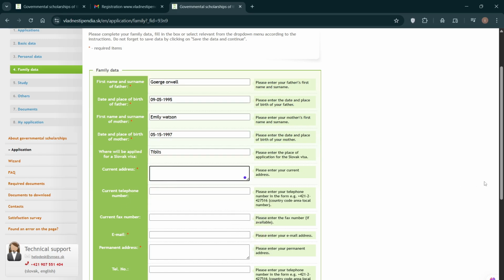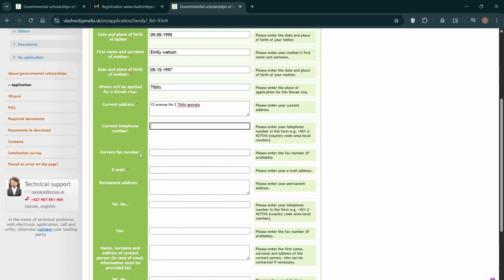So current address: you write your current full address. Just in case, I will show you, 15th Avenue for my case, number 2, Tbilisi, Georgia. This is in my case, but you can write your full, current address. Current telephone number you can write, this is not mandatory, you can skip this. Also the fax number you can skip, but email you should enter. In my case,